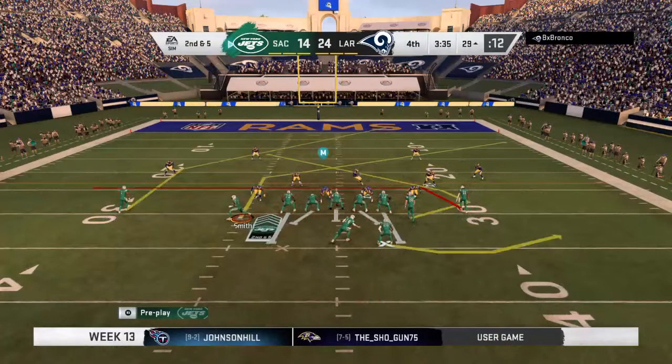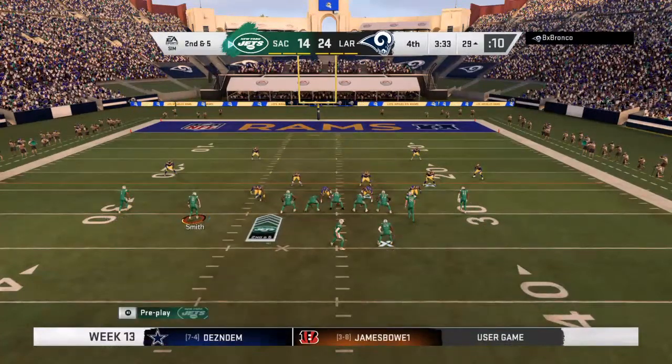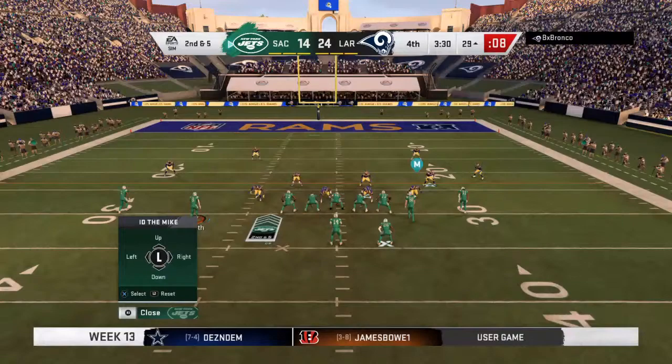Big stop, G. 80. Go. Red 80. Kill. Hey, red